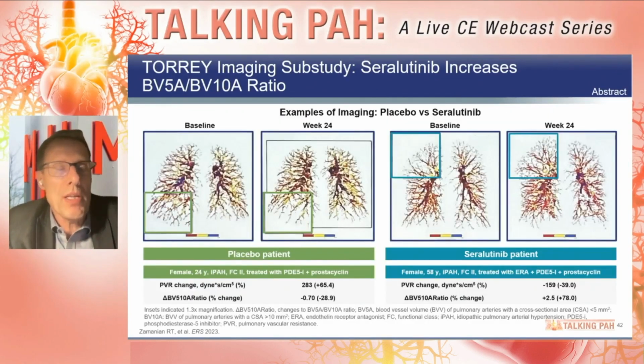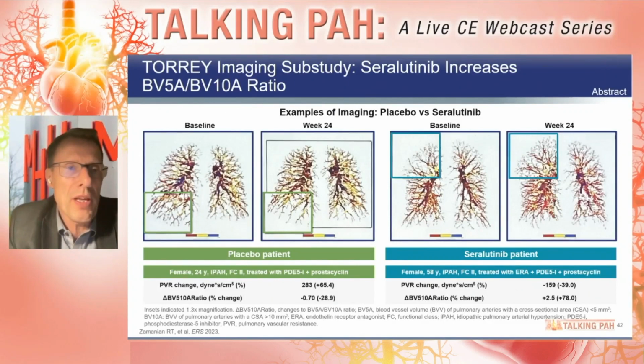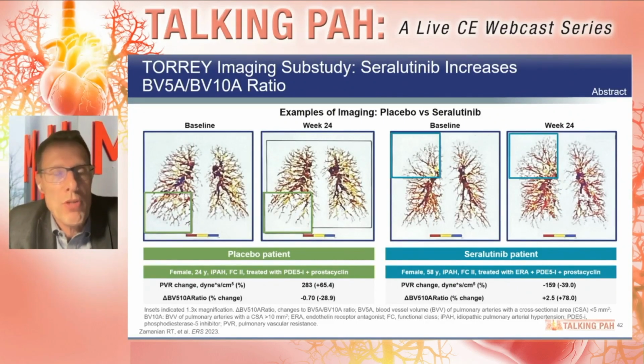And what they basically found, I think there are some nice examples showing here on the left side placebo, on the right side active drug. There's basically no change or even a slight reduction in small vessel perfusion without active therapy, whereas with seralutinib, you see, especially here in the upper part of the lung, more peripheral perfusion after